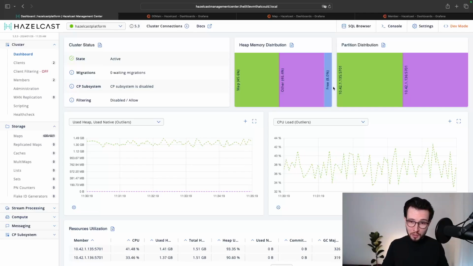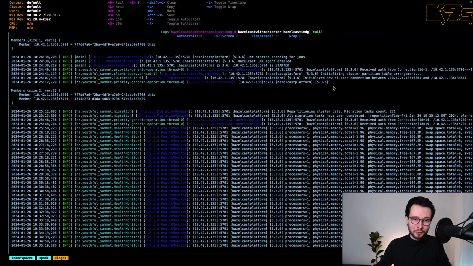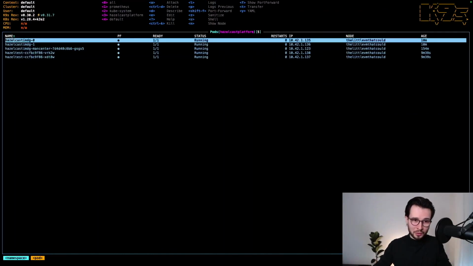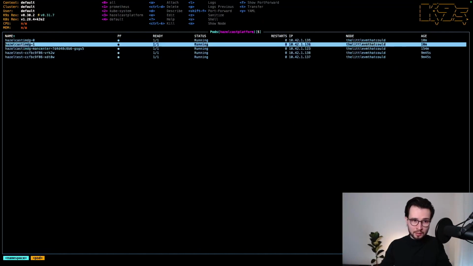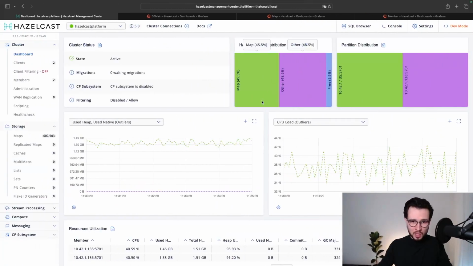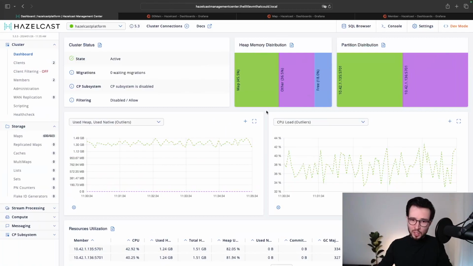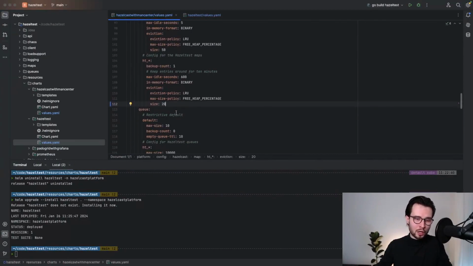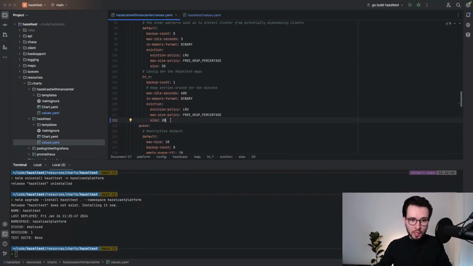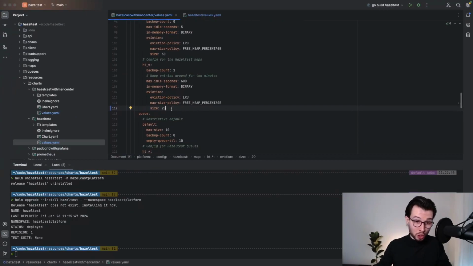So here we are, one mug of coffee later, and our Hazelcast cluster is still alive and running. And as you can see, there are no signs of OOMs whatsoever in the logs. And so if this were a real use case and a real release candidate that you're looking at, and if this were the last test that you want to run against it, you could now safely conclude that this is safe to be shipped to